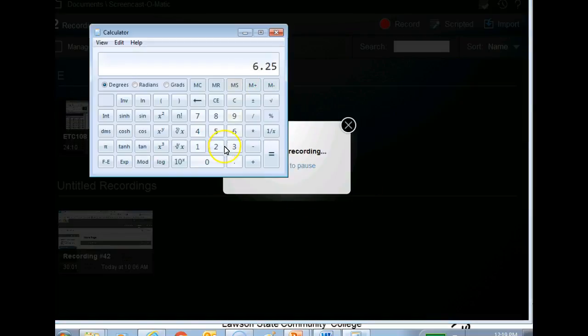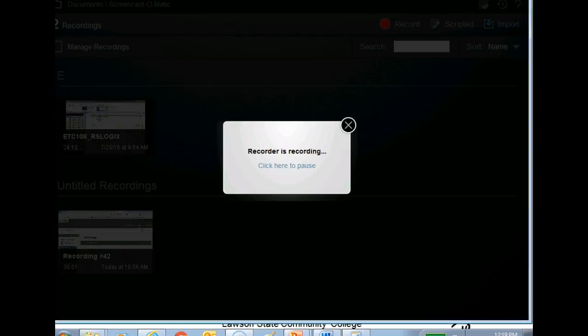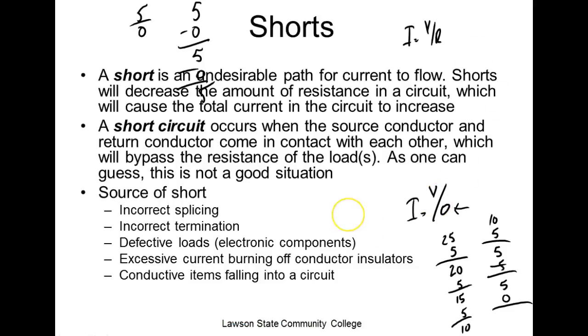So I come over to my calculator, and I'm going to say 5 divided by 0. And it says what? It cannot. My calculator cannot display infinity. So it says I cannot do that, right? You understand? So according to Ohm's law, if I had a short circuit,